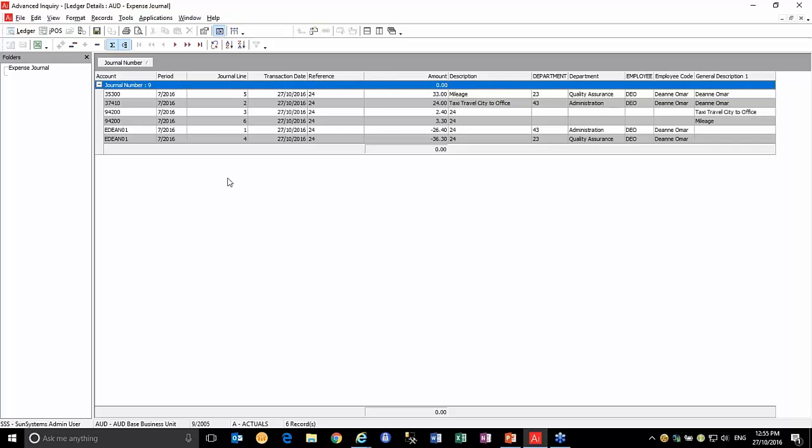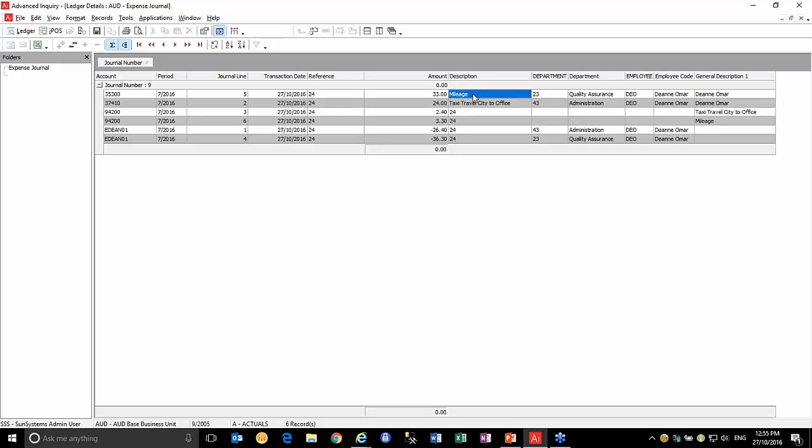And here is the journal that has posted as a result of those 2 transactions. So there's my $33 that I'm able to claim back from mileage, and there's my $24 that's gone through for my taxi, and you can see here are some analysis dimensions which have been populated for me. Now the level of information that you want to post across from expenses to Sunsystems is entirely up to you,